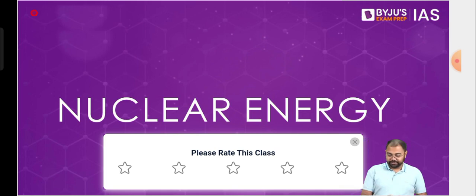Now, when it comes to nuclear energy as a topic, there are two parts to this part of the chapter. First, we'll discuss the science of nuclear energy. We'll try to understand what exactly we mean by nuclear energy. How do we get this energy? We'll discuss all these things, and then the second part will be about nuclear technology, where we'll discuss nuclear reactors, the various different reactors in India, India's nuclear program, and the applications of nuclear energy. So these are the aspects for the second half of our discussion. The first half will be more of the science behind nuclear energy and how exactly we use nuclear energy. Right. So this is basically what we are going to discuss.